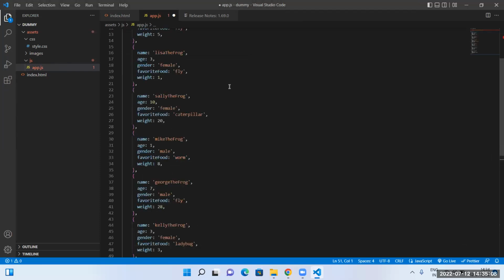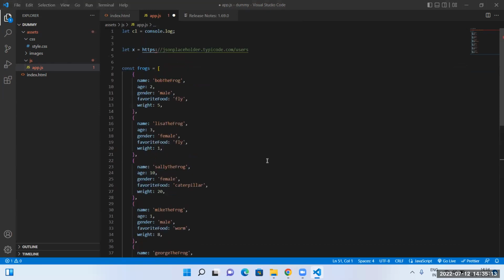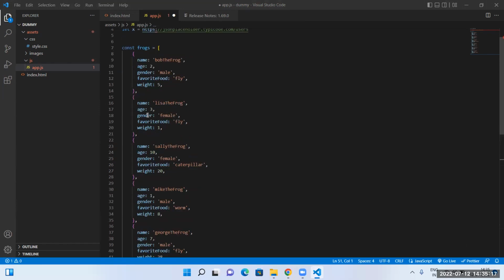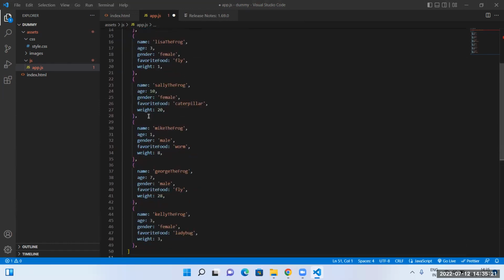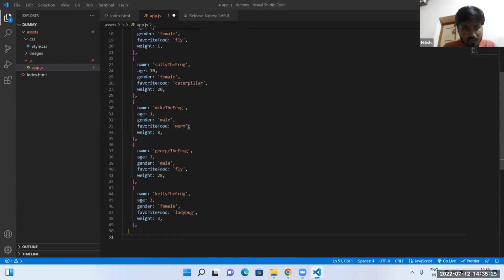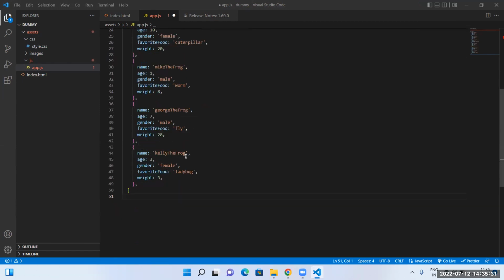Create a new array from this whose weight is greater than 8, and gender is female. I got the question. The weight is greater than 8.